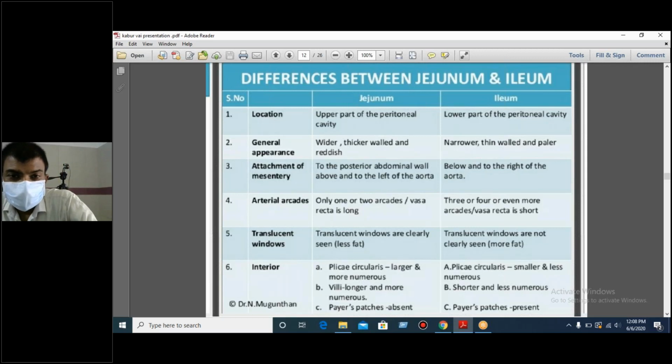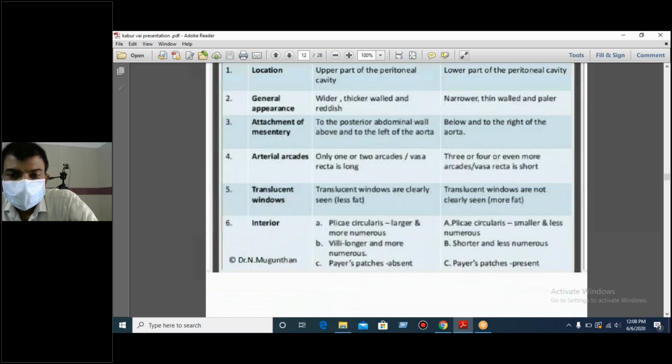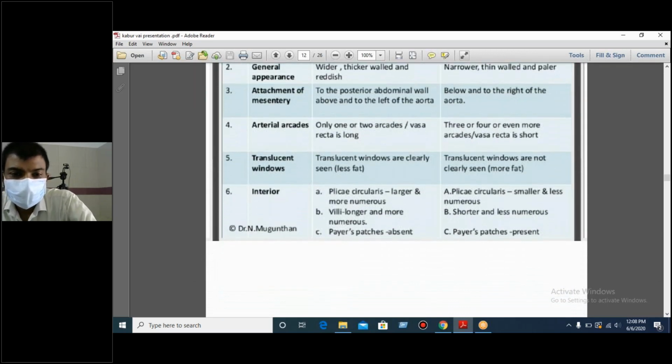Translucent windows are clearly seen in the jejunum and not clearly seen in the ileum. Interior: plicae circulares are larger and more numerous in the jejunum, and small and less numerous in the ileum. Villi are longer and more numerous in the jejunum, short and less numerous in the ileum. Peyer's patches are absent in the jejunum and present in the ileum.